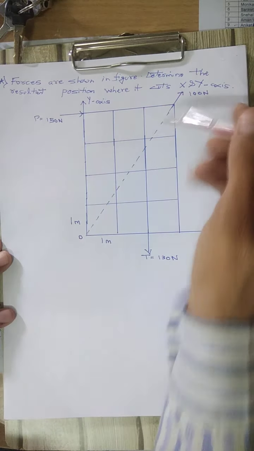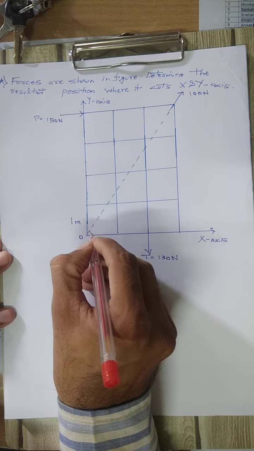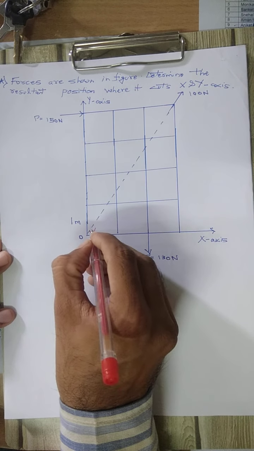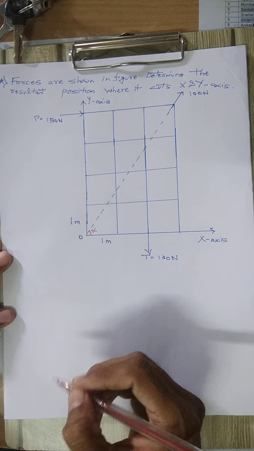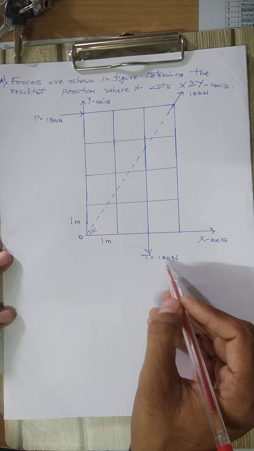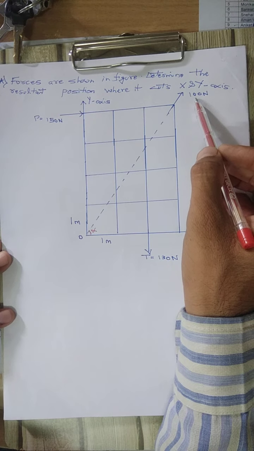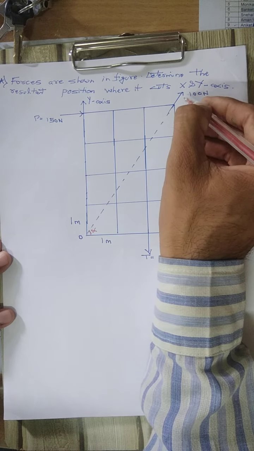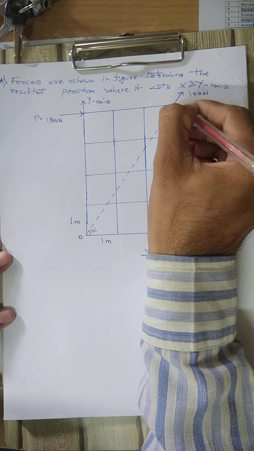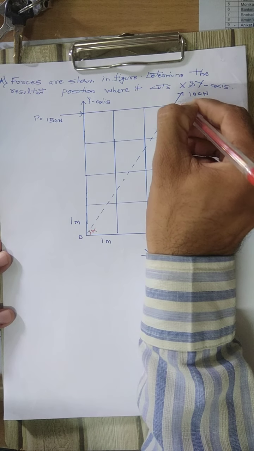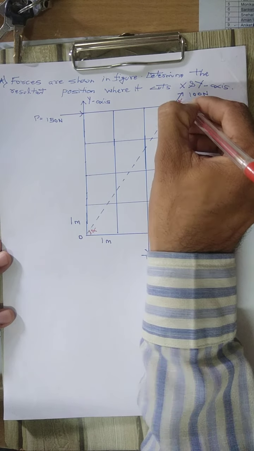Here we will find out this angle at the starting point, and we can call it alpha. We will find out the angle made by this 100 Newton. The 130 is directly downward and the 150 is horizontal, but this 100 Newton is in an inclined direction. Therefore, we will find out the inclination of the 100 Newton, that is, the angle made by it. So this alpha will be transferred here.